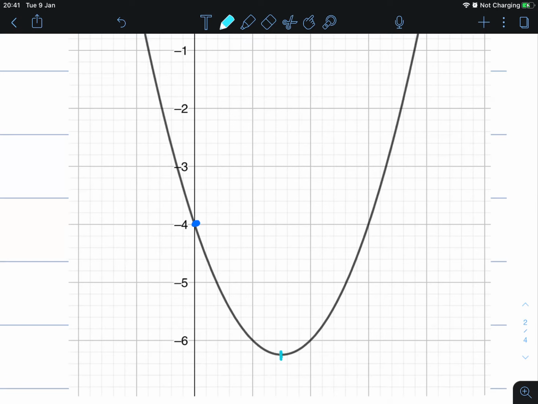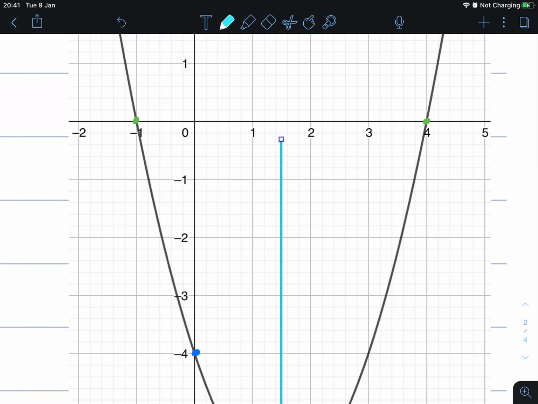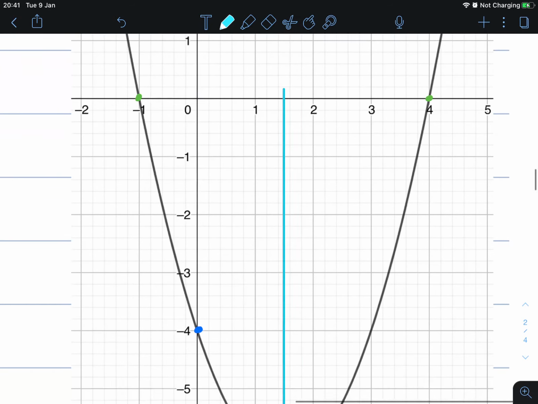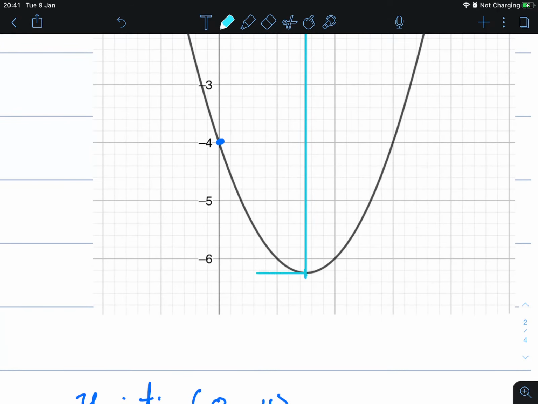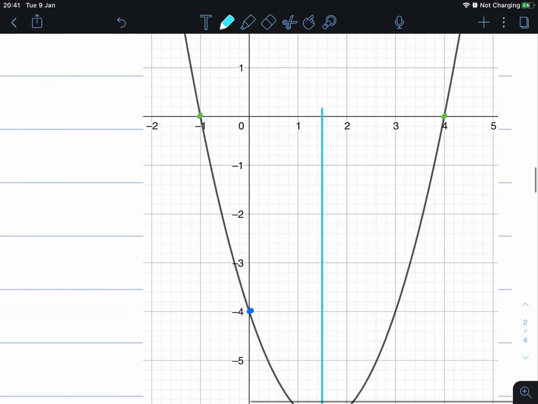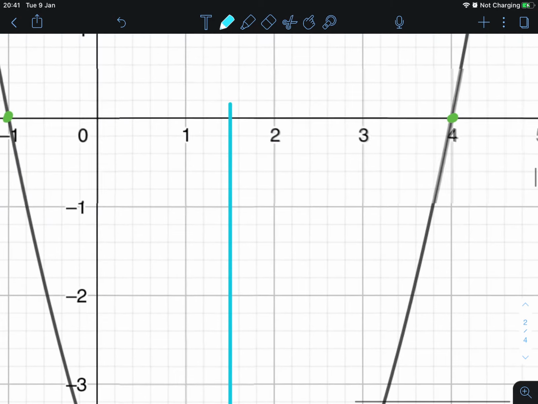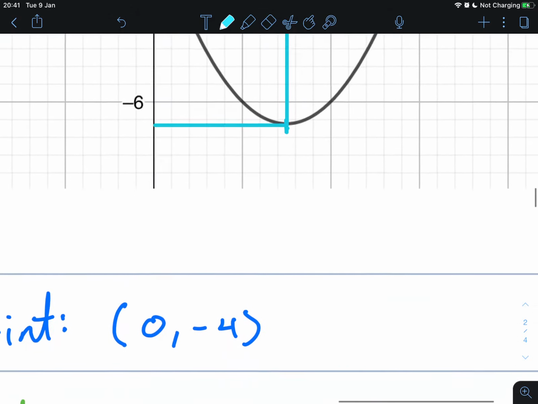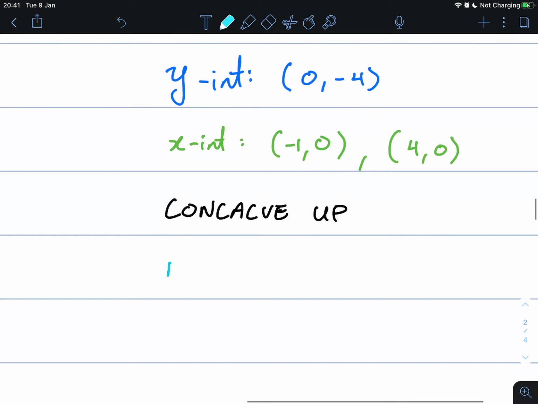Okay, and let's figure out what the x value is by drawing a line straight up to the x-axis, and across to the y-axis like this. Well, let's first figure out its x value. In this case, it looks like it's exactly halfway between 1 and 2. So I'm taking a guess that this is at 1.5. So its minimum value is at x,